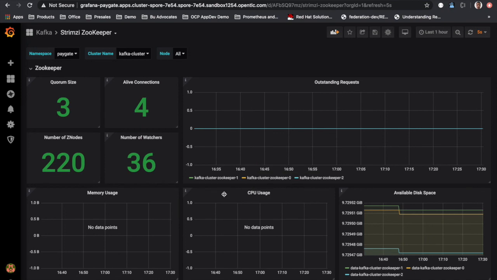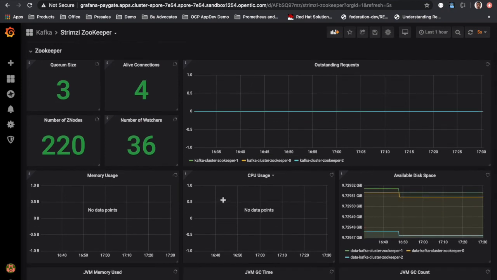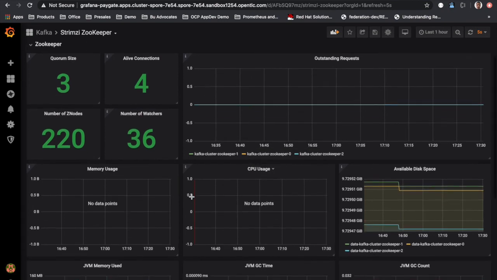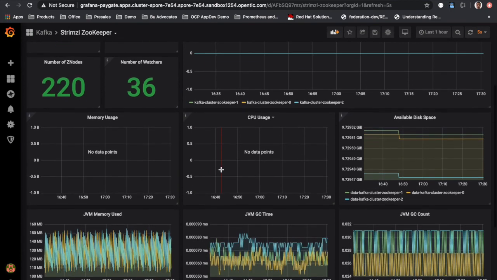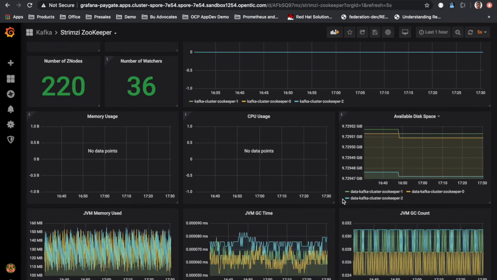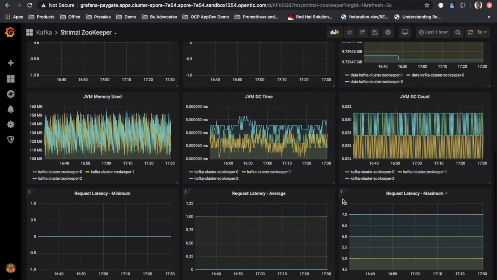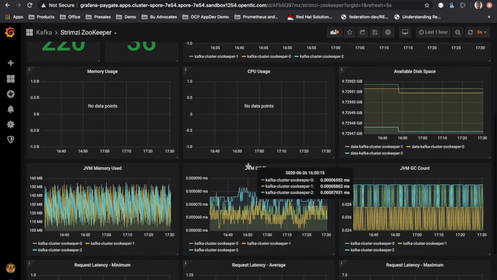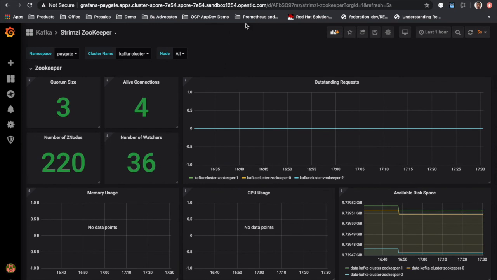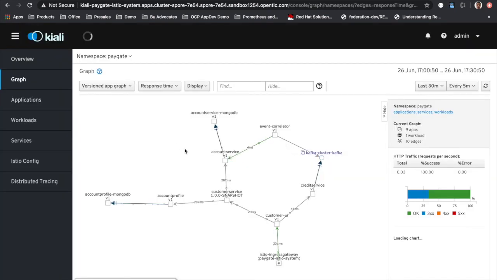So go to the ZooKeeper dashboard. You will be seeing things such as how many active connections, if there is any CPU usage, available disk space, JVM cycles, memory, and so on. All right. Okay. Kiali again, right? So in Kiali, there is also